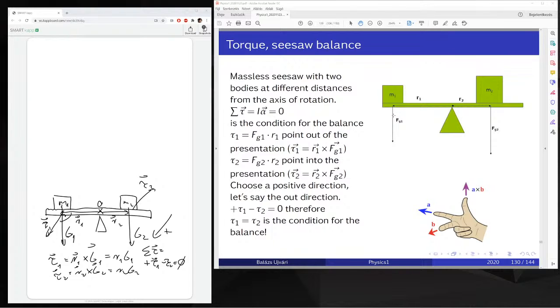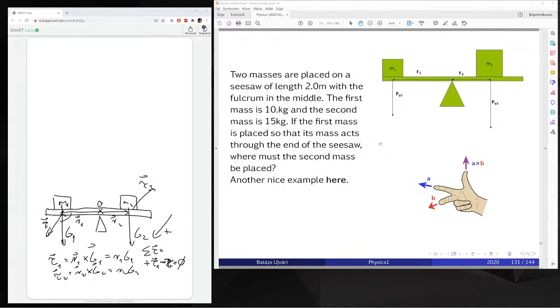Still some missing characters, so oh yes, it's there. All right, how can we use it? For example, let's put an M1, let's say 10 kilogram, on the radius 2 meter, and if this is 15 kilogram, the